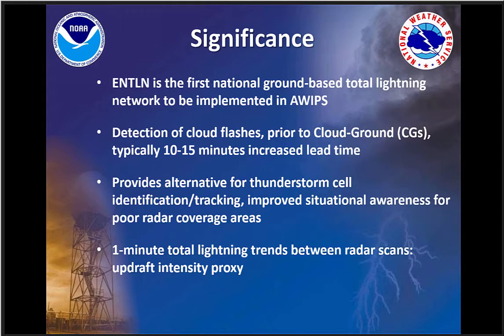It contains detection of cloud flashes, which again will provide a lead time of 10 to 15 minutes over the CG data sets, like the NLDN and the GLD if you've been using those. It also provides an alternative for thunderstorm cell identification and tracking, and improved situational awareness if you have poor radar coverage areas in your CWA. And let me just go to